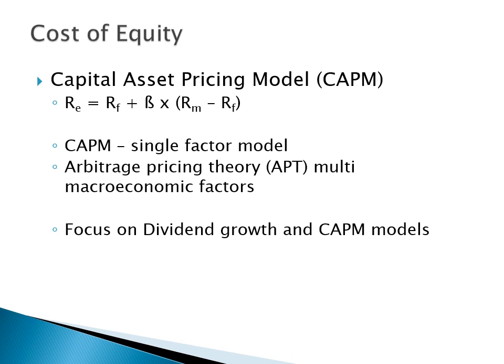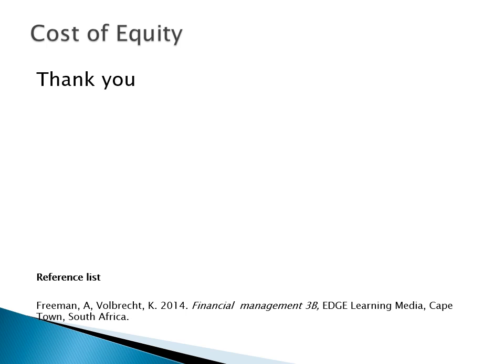The capital asset pricing model, however, is a single factor model because it's the beta. It considers the changes due to the beta. But other models are also available. Arbitrage pricing theory, for instance, is a multi-macroeconomic factors model. So it considers many more variables than just the one single factor as in the capital asset pricing model. But for the purpose of this module, we're going to discuss and focus only on the dividend growth model as well as the capital asset pricing model. So that brings us to the end of this session on the cost of equity, and